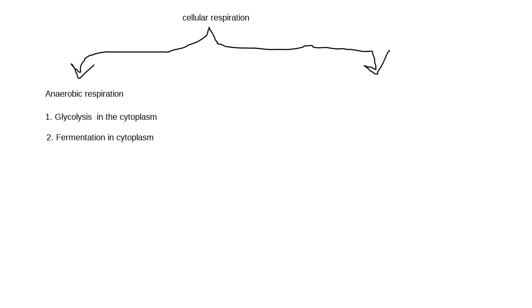Remember, fermentation is something that you're only doing to replenish the NADHs. Remember that? So there's two types of fermentation. There was the alcoholic type that happens in the yeast cells, which is why we use yeast to make our wine and beer. And then there's lactic acid fermentation that happens in your skeletal muscle cells when you're exercising a lot and your cells run out of oxygen and have to turn to a form of fermentation. So there's anaerobic respiration. That's that part, and we did that already. So now let's go over here